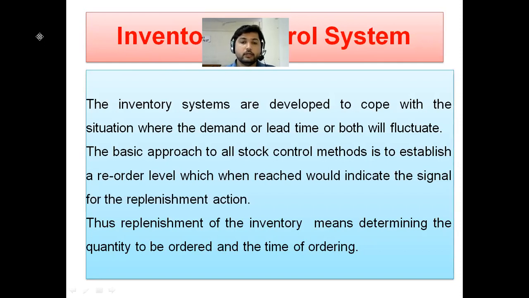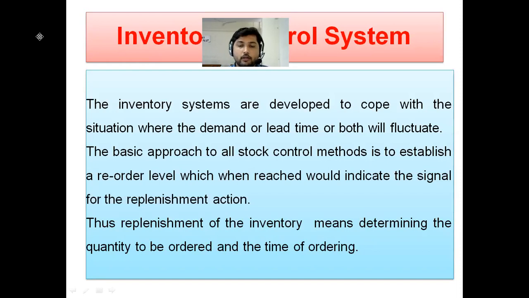Full stop. Next one. The basic approach to all stock control methods is to establish a reorder level